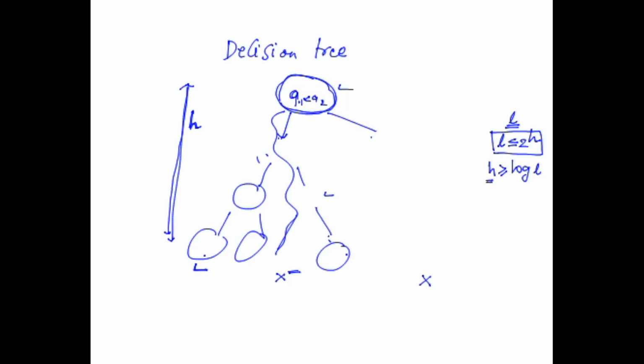So the number of leaf nodes in the decision tree should be at least factorial n, because factorial n is the number of ways of arranging the given n numbers. You can take any one permutation of it and that becomes the input to the sorting algorithm. So there are factorial n different inputs possible, and each input follows the decision tree, so there will be at least factorial n leaf nodes.